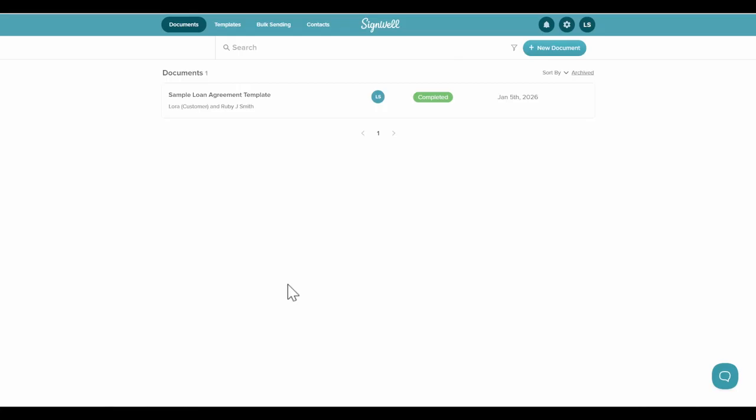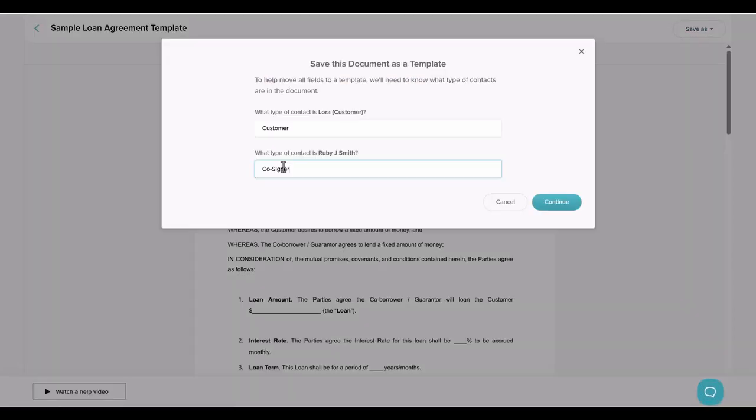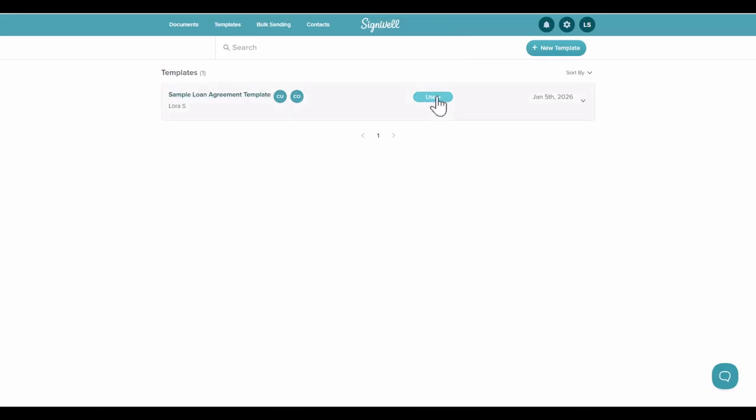If you're ever signing documents at a specific branch or you have any face-to-face appointments, in-person signing is another great flow. In-person signing starts from a template. So I'll just save this document that we created earlier as a template. And now I can reuse it anytime I need to for different use cases. In this case, I'm going to click use sign in person.